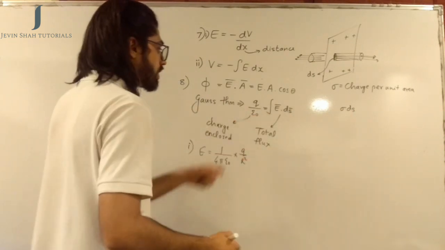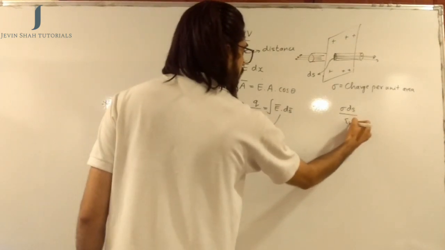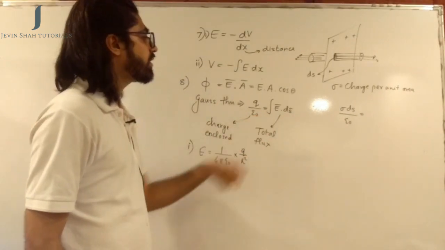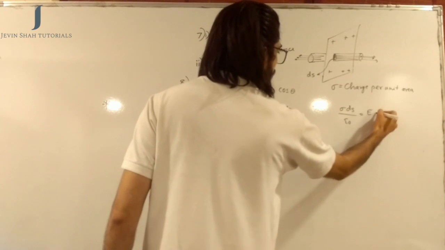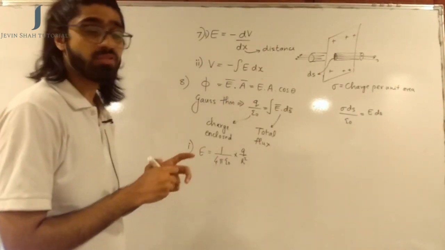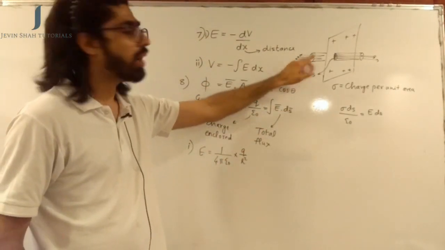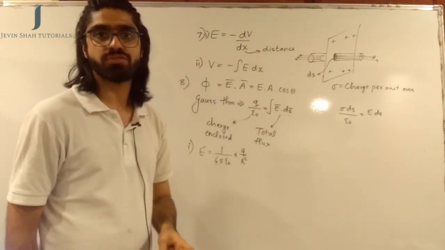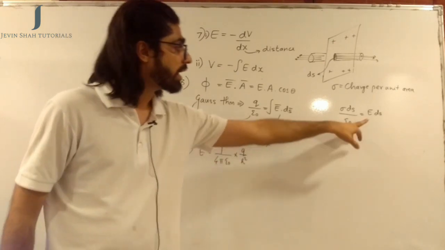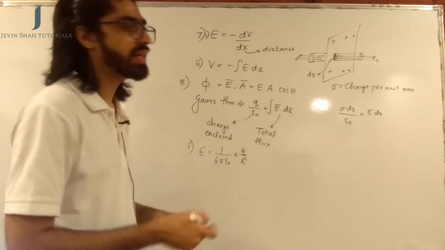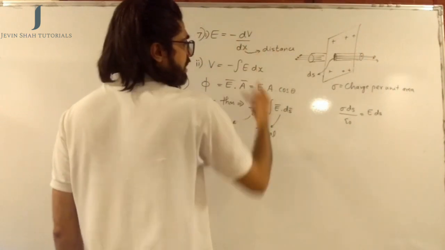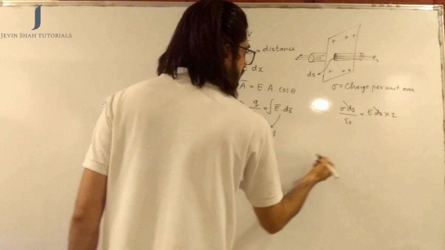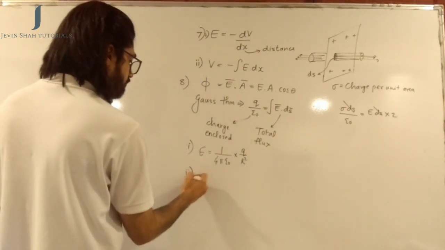So the charge enclosed divided by epsilon naught will be equal to E into ds. Now since we have taken a small area, we need not integrate. We can straight away say this will be E into ds. But carefully have a look at the diagram. A part of the flux is coming from the right, but an equal amount of flux is coming from the left. So the flux which is coming out is not really E ds, it is 2 times E ds. E ds because of this and E ds because of this. Now you can just cancel out ds and you can say that the formula for E